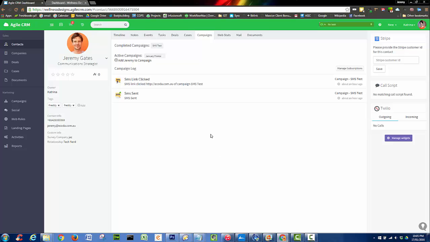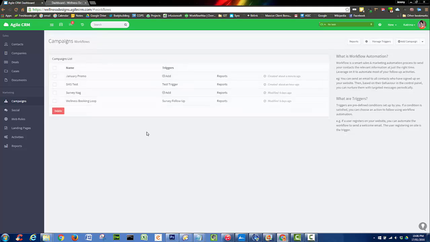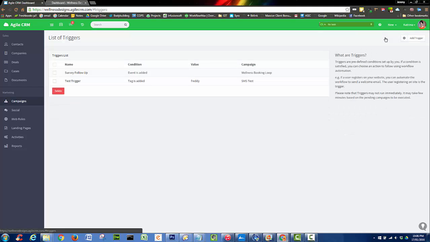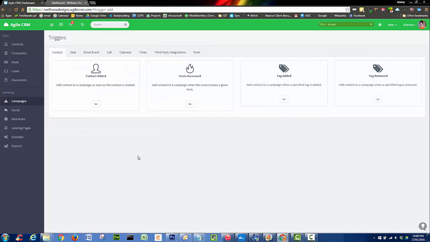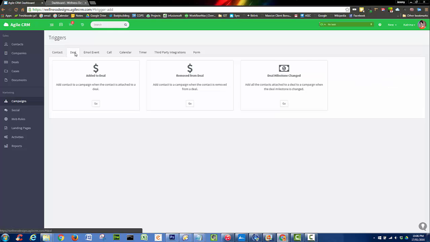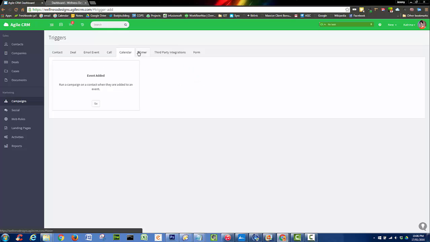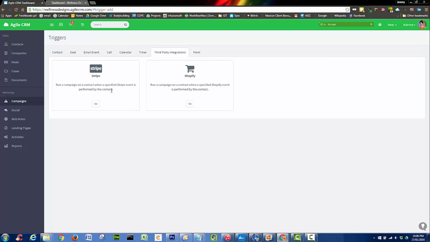I'm not sure if it'll come through now or in a few minutes time, but the other way of adding somebody to a campaign is to create a trigger. So at the top here is manage triggers. We've got a couple of test triggers here. Let's add a new trigger, and this can be any of these events. So as an example, if